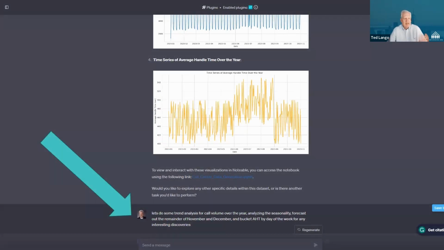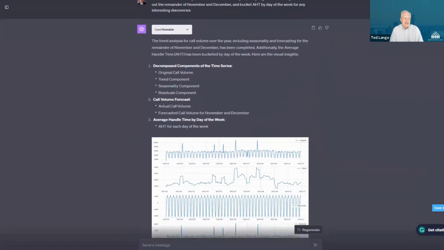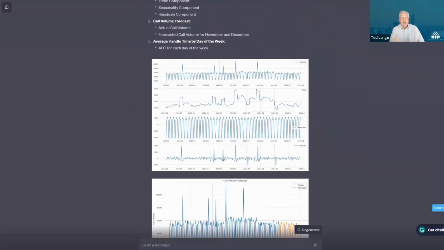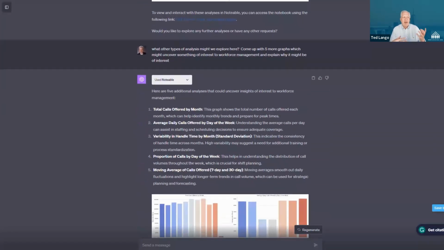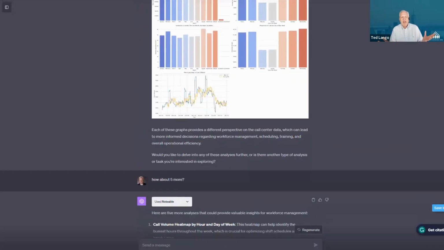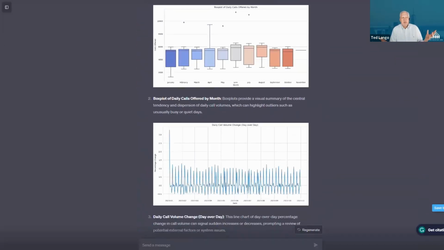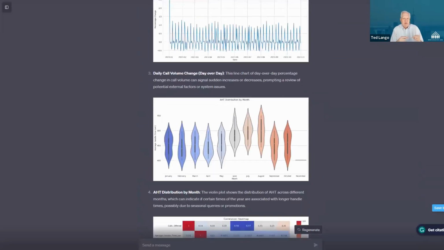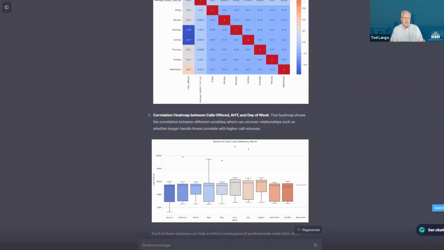So I flip back and say, hey, let's do some trend analysis for this call volume, analyzing things like seasonality. Let's forecast out the remainder of November and December. Let's bucket handle time by the day of the week. And here you can just tell ChatGPT to explore, and it'll go around and around, basically generating graphs. I'll come back and say, I'd like to look at 4 new things or 5 new things. I may not even know what I want to look at. I'll just say, hey, how about 5 more? Explore something that's interesting and show it to me. Here, if I was doing data analysis myself, I'd spend hours doing this and just looking for these patterns and